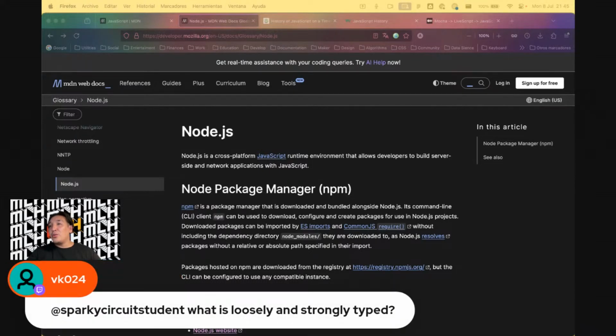What is loosely typed and strongly typed? Okay, don't worry. I will explain that with an example. But first, I need to explain more things in order to make this make sense. But in common sense, let's think of